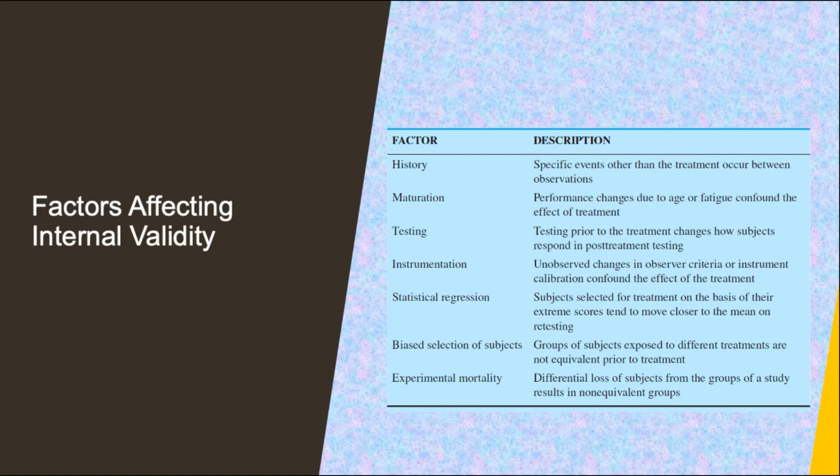So if observers change what counts as verbal aggression, for example, when scoring behavior under two experimental conditions, any apparent difference between those conditions in verbal aggression could be due as much to the change in criterion as to any effect of the independent variable. Similarly, if an instrument used to record activity, for example, of any particular animal,